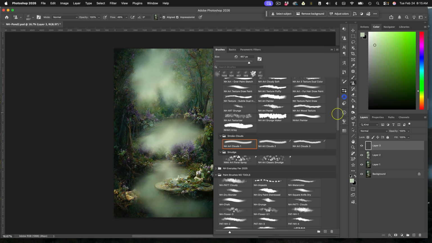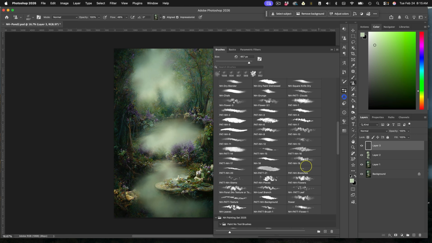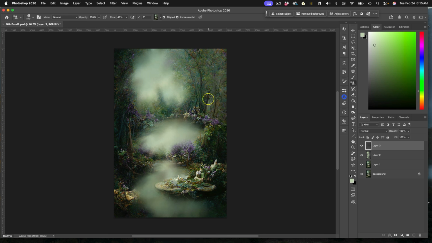This time I'm going to choose from my no tool set, my floral no textures brush. And this one I'm gonna make tiny. The reason is because the smaller you make your brush, the more defined it becomes. I'm gonna pull up my flow a bit for this one. And I'm just gonna come in and go over top of these little kind of abstract